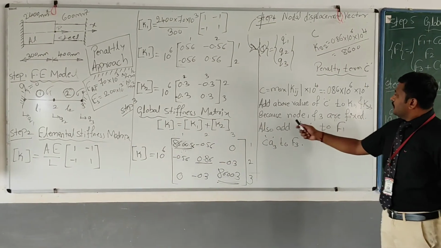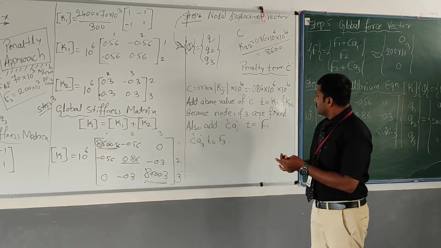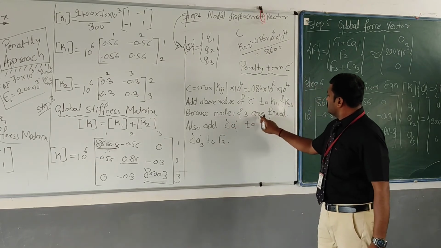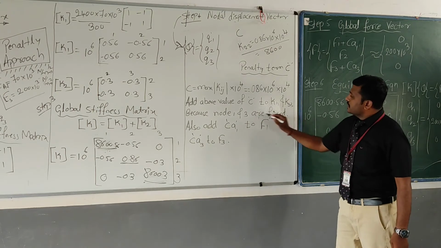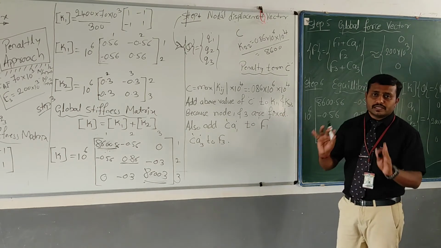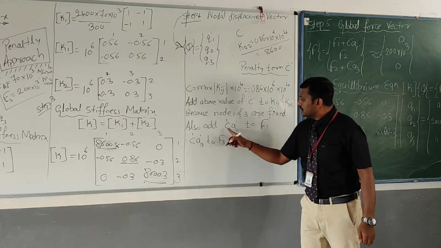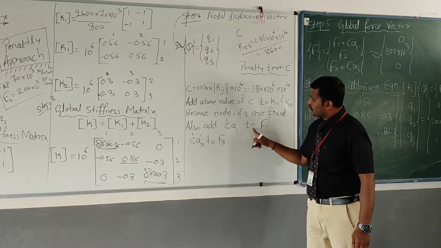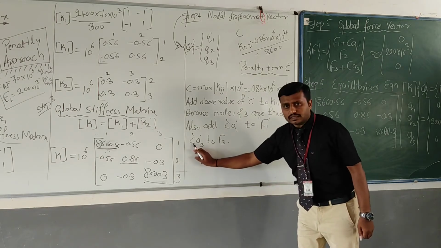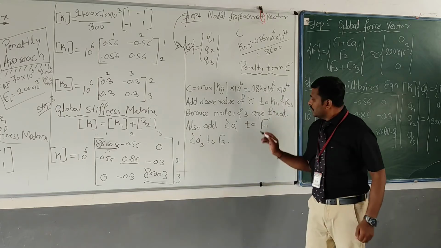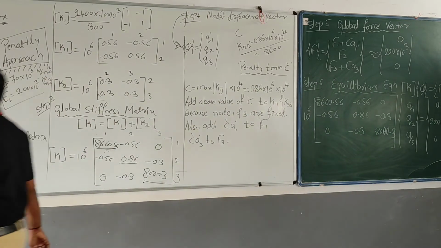Next. Because nodes 1 and 3 are fixed, and also you have one more sentence here. In this region, we know the displacement. Wherever displacement is known for us, there you have to add this. Also add CA1 to F1, CA3 to F3. We know the value of C, the term C, but what about A? A1, A3 and all. It means A is nothing but